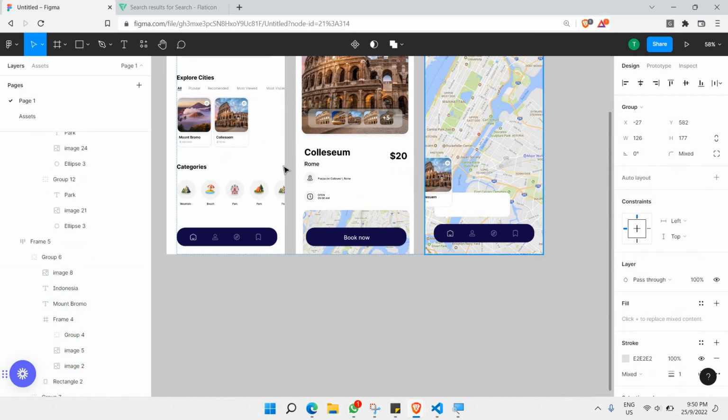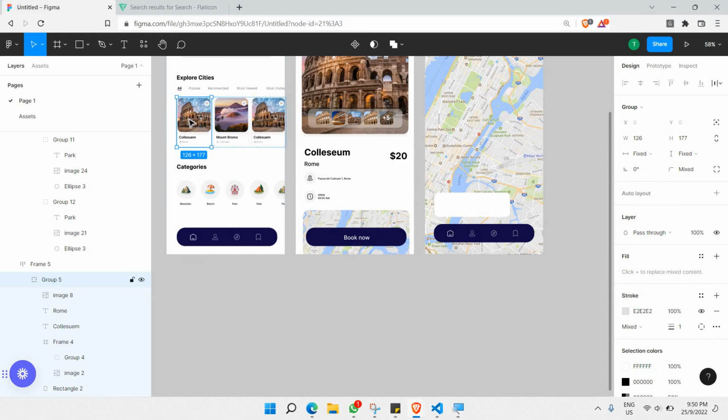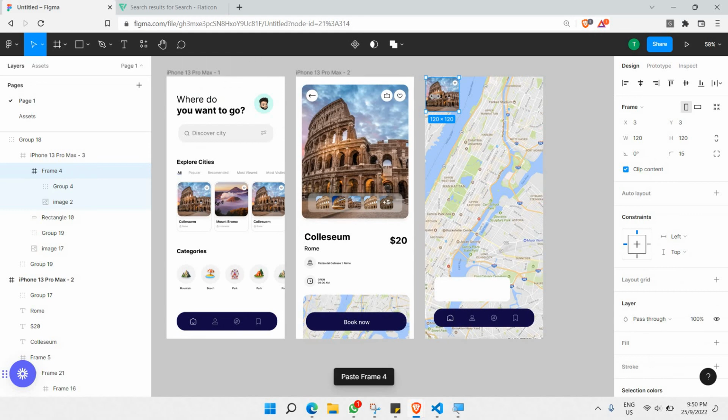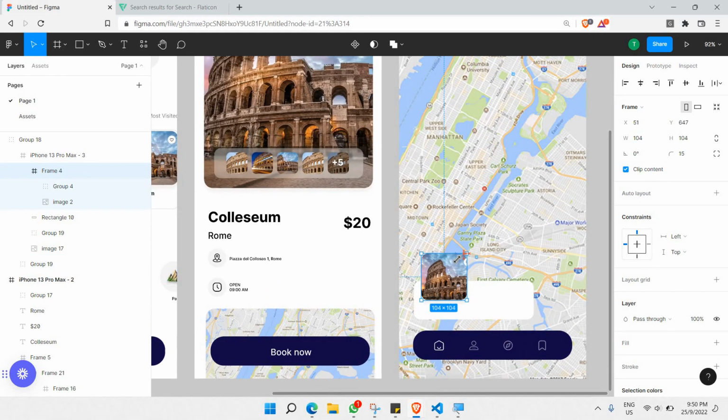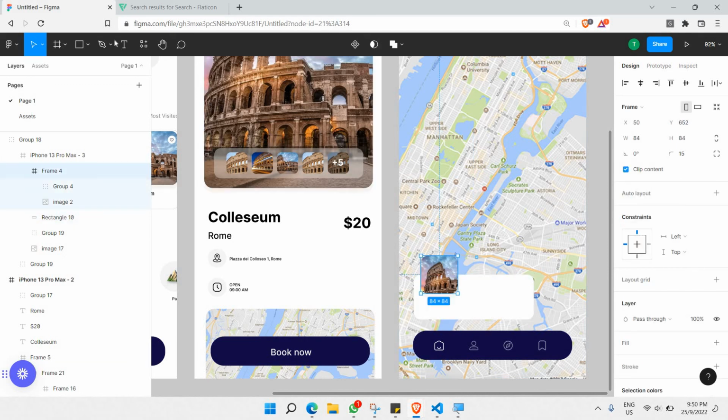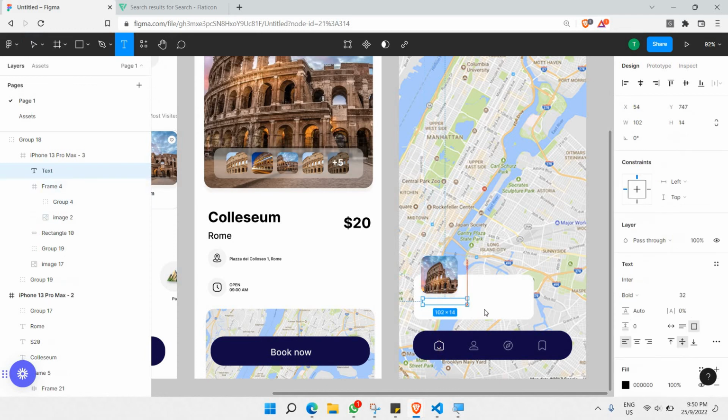So I'm just going to take this image here and paste it inside this product card. Okay, should be like this. Make it smaller, and there you go. And I'm going to make the height a bit taller, like this. Take the text tool here and just type some text which just says Coliseum,